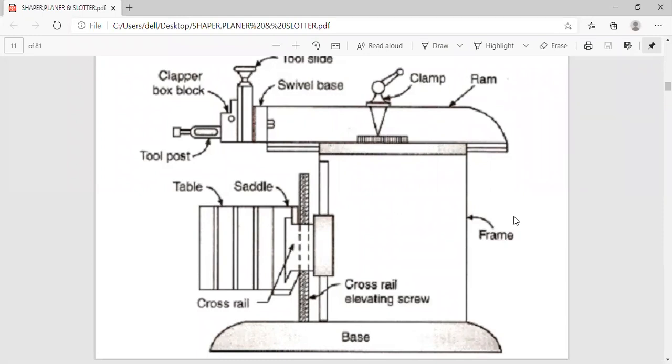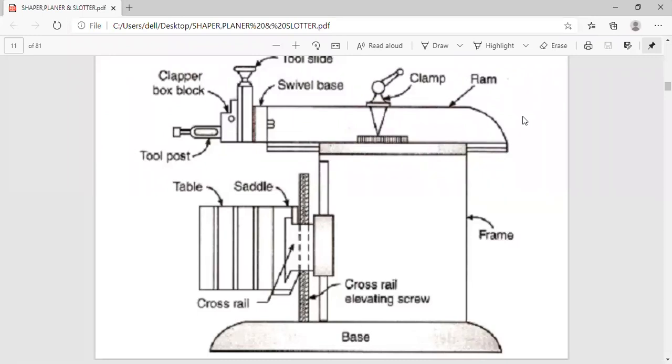We try to take this frame out, which is made of sheet metal of different thickness, of different gauges, so we can see that mechanism. So a screwed shaft is provided. Sometimes some of the particular things are not shown in this particular diagram, we just try to explain in the presentation.